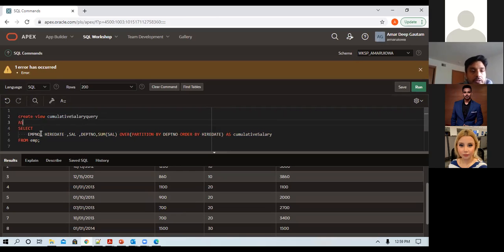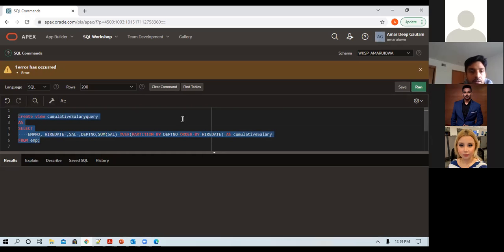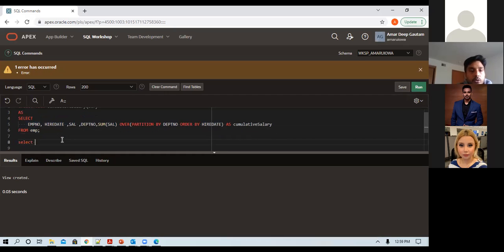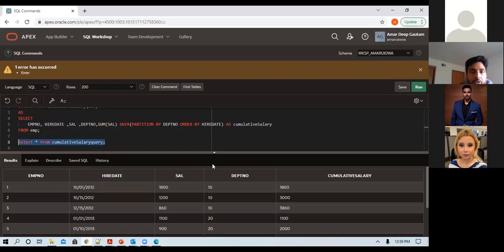Okay. What it's doing is creating a view. Your view is created. Next time, if you want to query, you don't want to write the query again, right? That's your main intention. You just do this, so it's actually doing the thing which this query was doing.